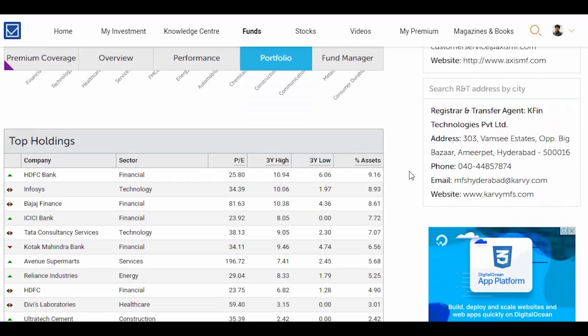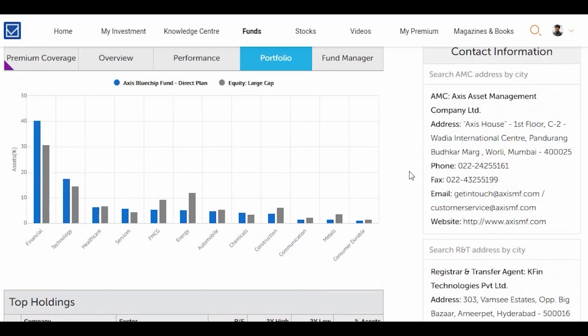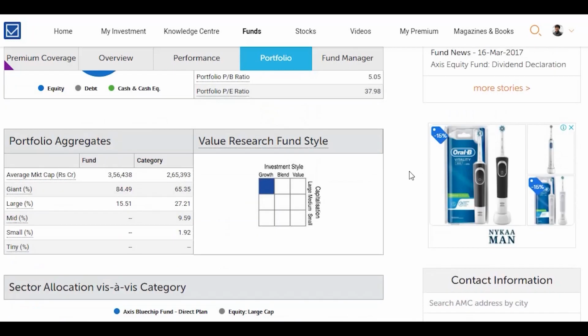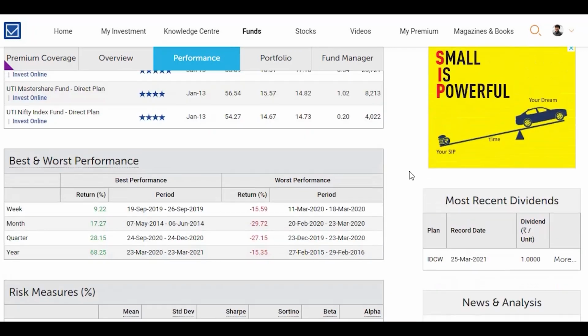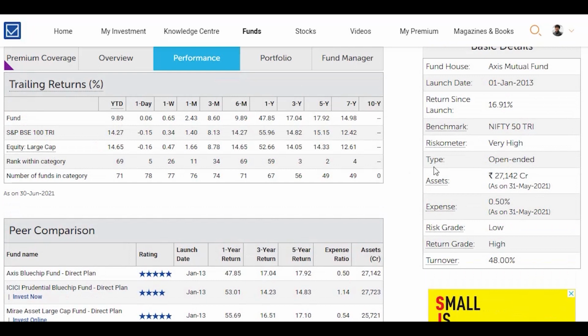Along with this, there is one important feature which is provided on this particular website. You can also understand the riskometer or the risk grade and the return grade for every mutual fund scheme and then compare it with your requirements.